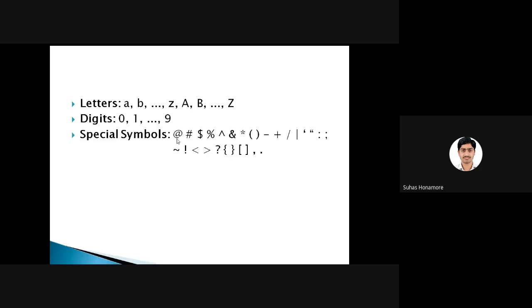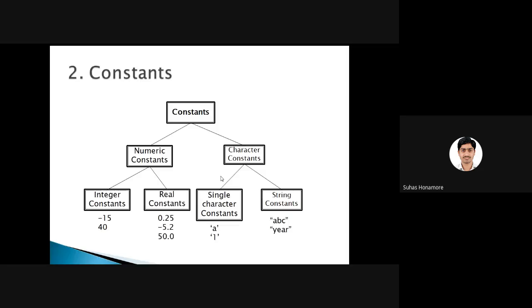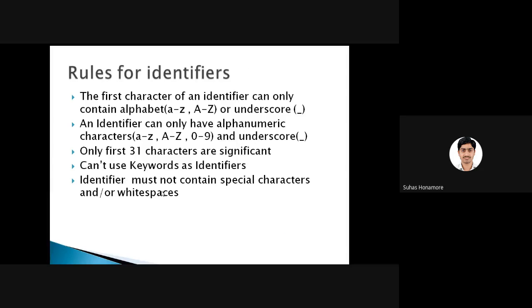Other than underscore, whatever other special characters are there, those should not come. Then white spaces also it should not have. So identifiers should not have white spaces also. Okay, so these are the five basic rules to define an identifier. Always you are required to see these things, and you should not forget these rules.